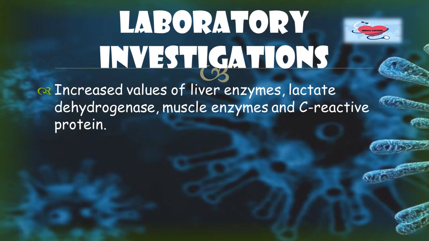Then the most interesting factor associated with COVID-19 is increased D-dimer. D-dimer is used for evaluating the microcoagulation happening in the blood. The most interesting factor is that this COVID-19 virus is associated with another pathology, that is microcoagulation. If the D-dimer is increased, it shows that the activity of coagulation is more in blood. In that case we have to go for blood thinners, and it may lead to a lot of morbidity and mortality if we are not managing this increased D-dimer.